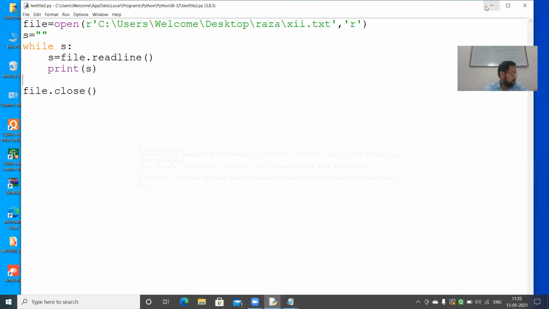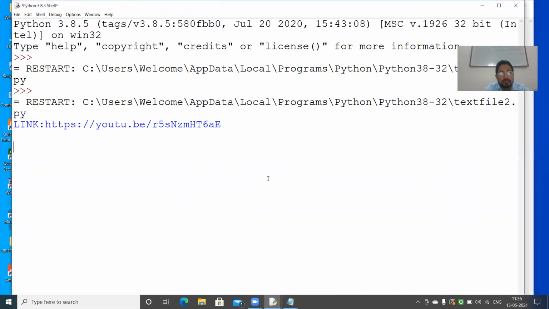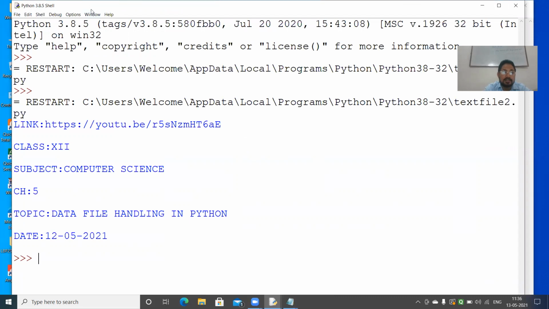No result is coming. So I just want to use the loop. And I will use that, don't worry. Instead of that, if I give one space here, what happens? See, all the lines are read.